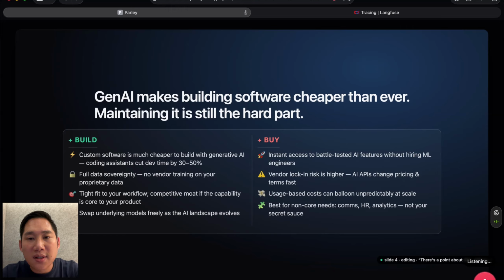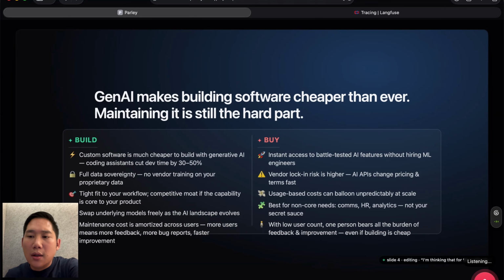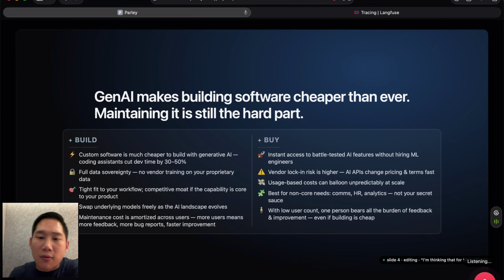For the build side and the buy side, we're not trying to lean towards one or the other, but we're trying to explain pros and cons. So for both columns, we're probably going to have a pros section, maybe just a subheader of pros, and then we list those pros, and below that we list out cons. And we do the same thing for the buy side. And so the colors for build and buy will also need to change to be a little more neutral, not red and green. So under the cons of buying software these days, now a lot of SaaS software needs